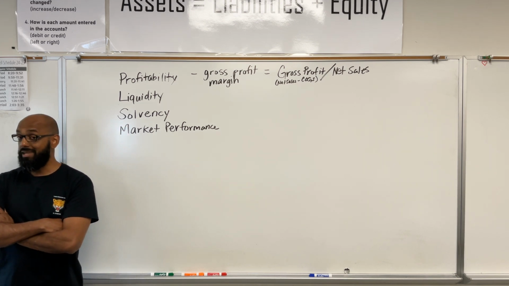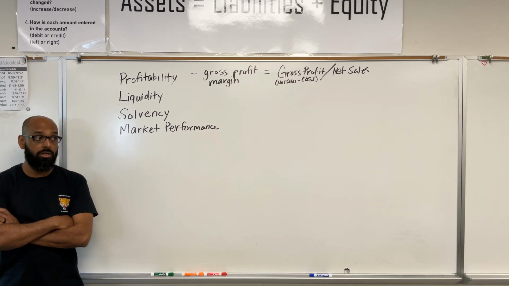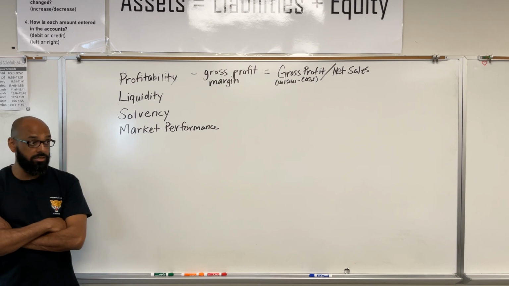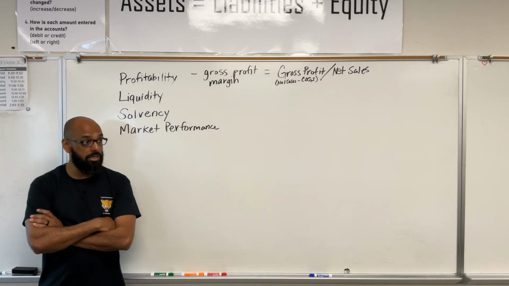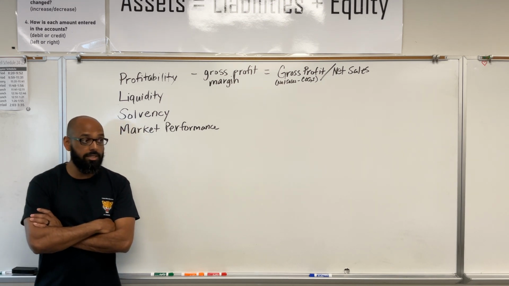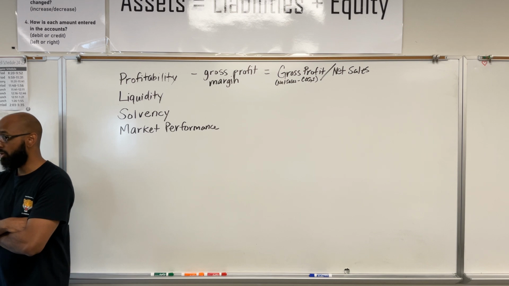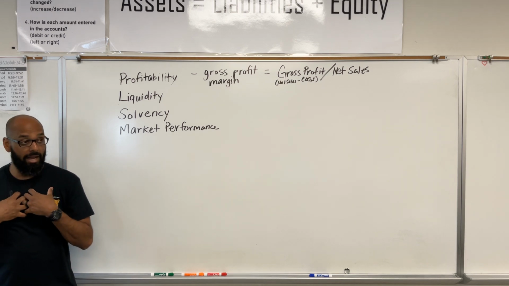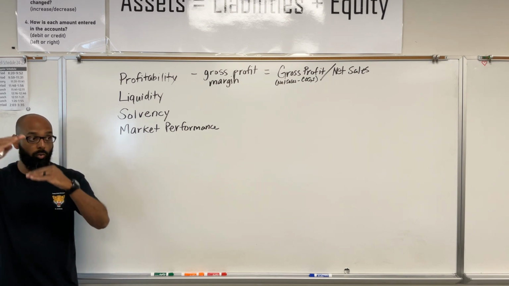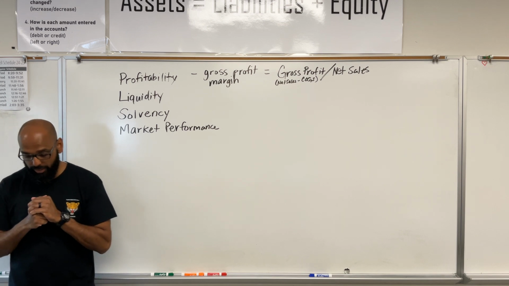And remember, it does not account for operating expenses. So our day-to-day expenses, keeping the lights on, paying our employees, remember the gross profit margin does not account for that. All it's looking at is what kind of margins are we making on our sales. So what did it cost us to buy or produce whatever it is, and how much are we selling for? What's the margin on that? That's what the gross profit margin and the gross margin is looking at.